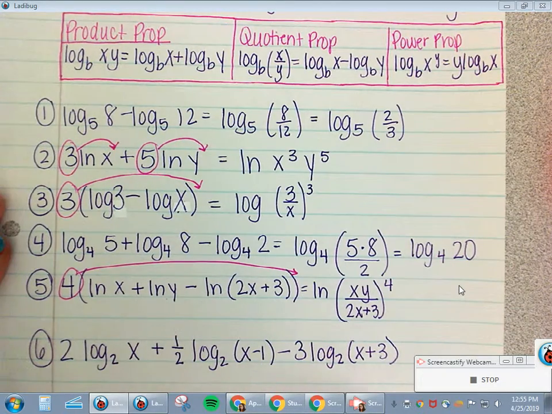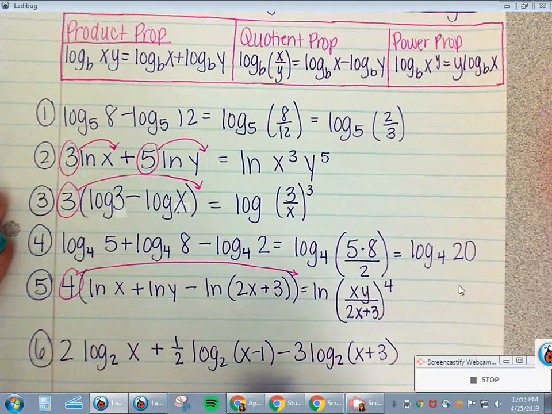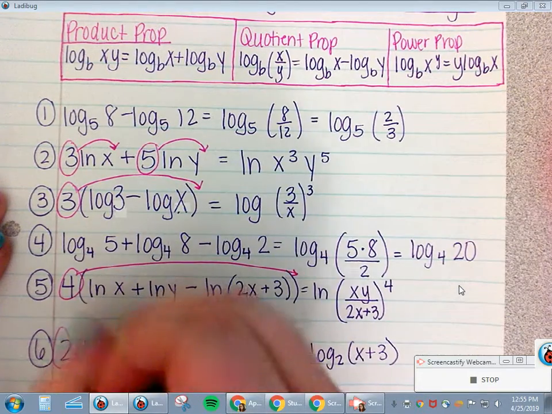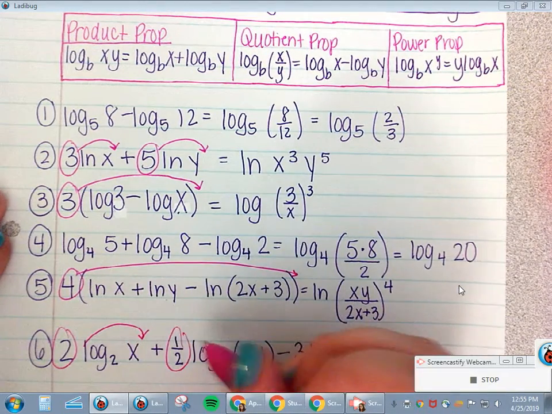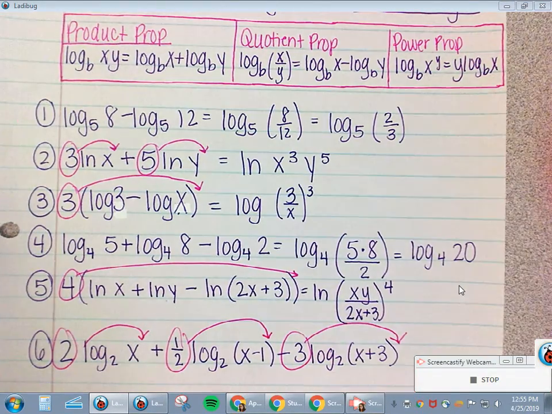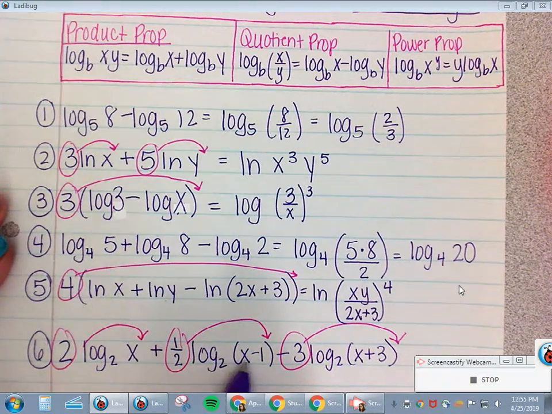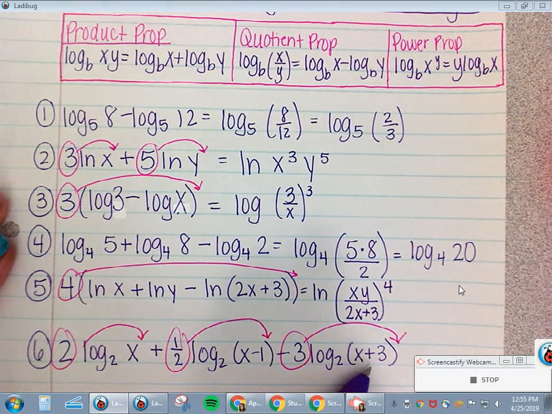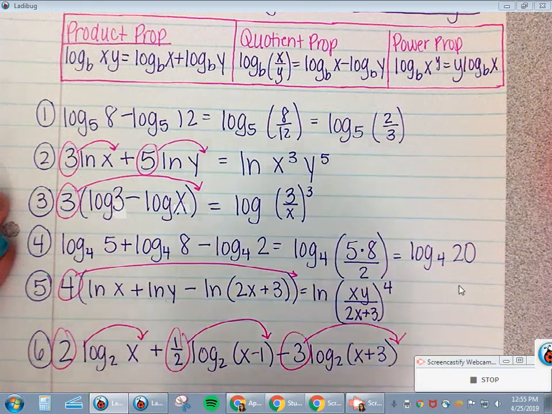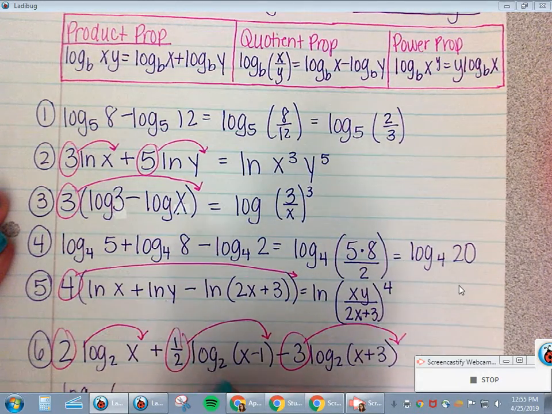All right, so notice we've got a number out front, number out front, number out front. Those are all going to come in as our exponents. And then I've got an add, so we'll do x times x minus 1 over x plus 3. The plus ones will multiply. So I've got log base 2 of the quantity